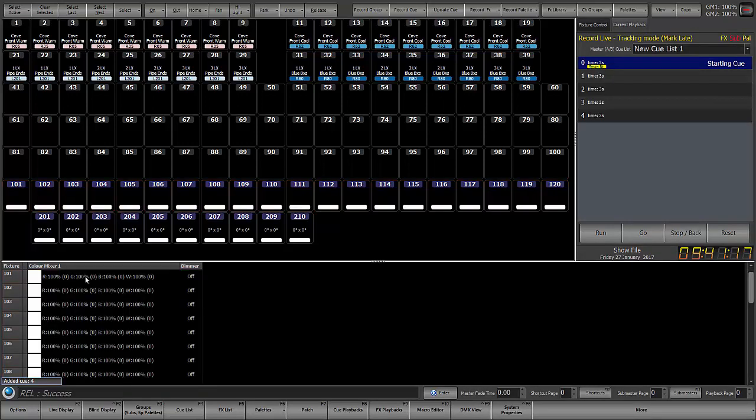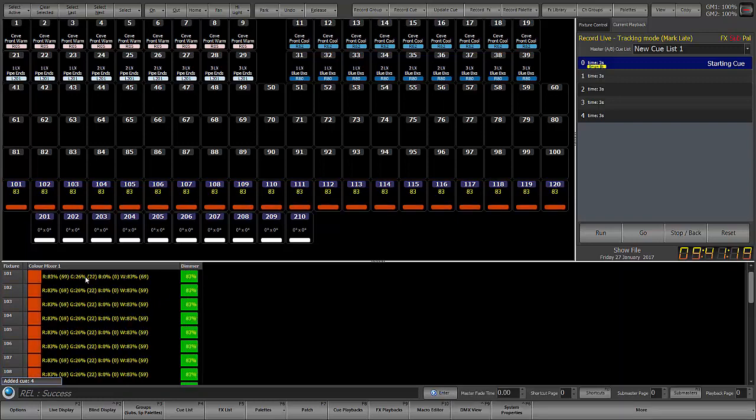Now I'm going to release all these channels, and I'll bring them up. And again, notice that they do come up and go to the color as well as the intensity. So that's a pretty simple way to get your systems on a sub and have them go to the color, because by default the sub, or actually the underlying group that the sub is assigned to, will include all color